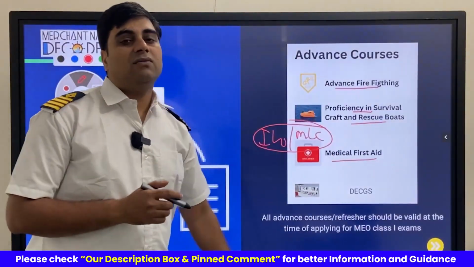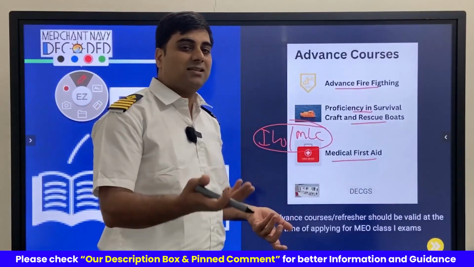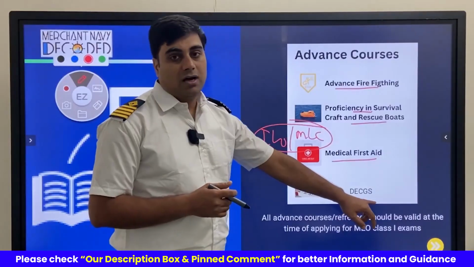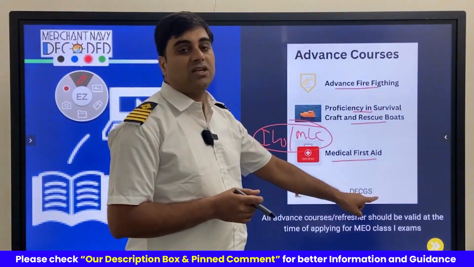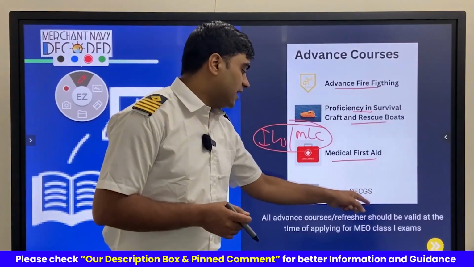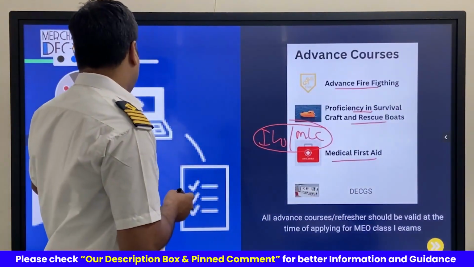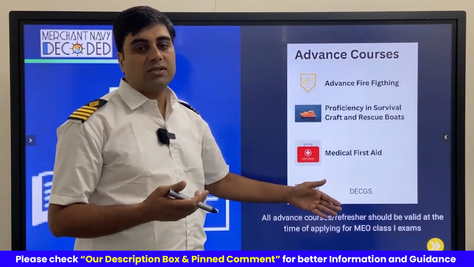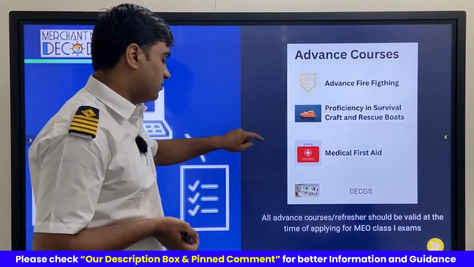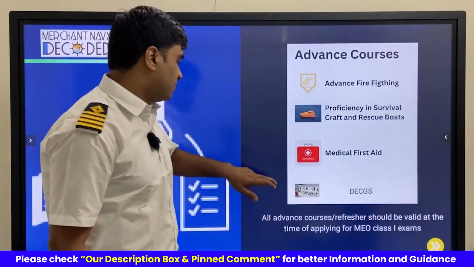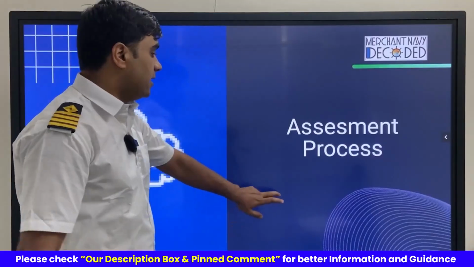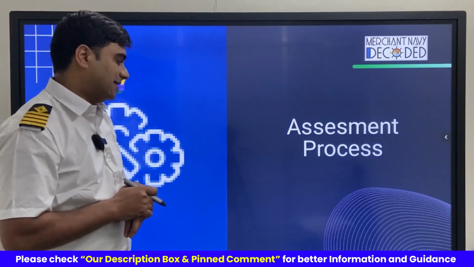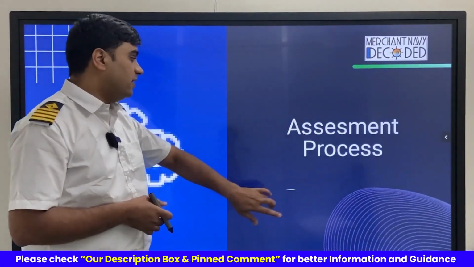Then other than this one, we have the security training, STS, DSD or SSO, whichever you have done. So that is required. And then another one is, as I said, diesel engine combustion gas simulator. So this is our MEO Class 1 simulator course. So this should also be valid. Other than this one, our 2 months of preparatory course. So all those courses should be in line, then only we are eligible to apply for the assessment or even for the examination. Now we will be discussing the assessment process of MEO Class 1 exam, like how we will be going through the assessment process.